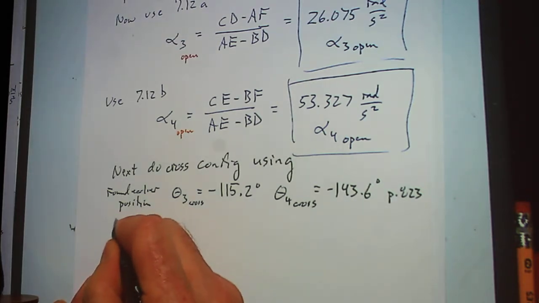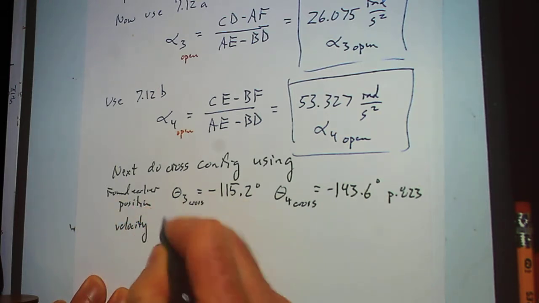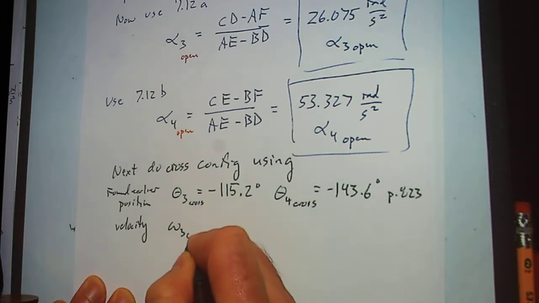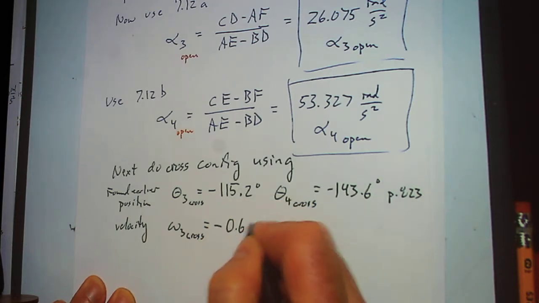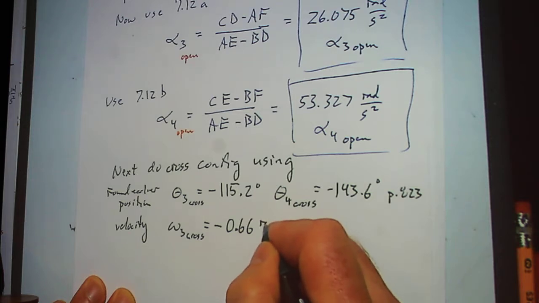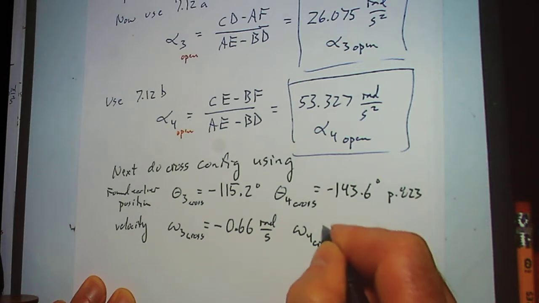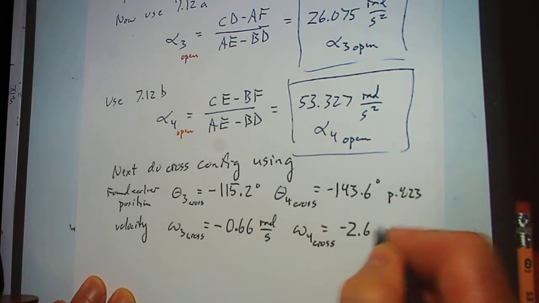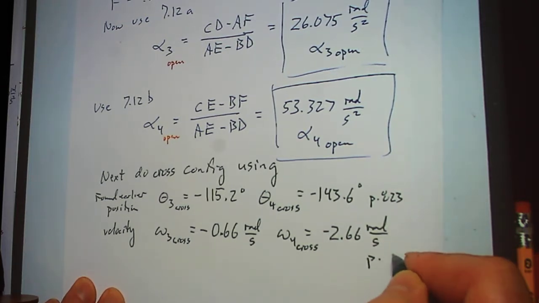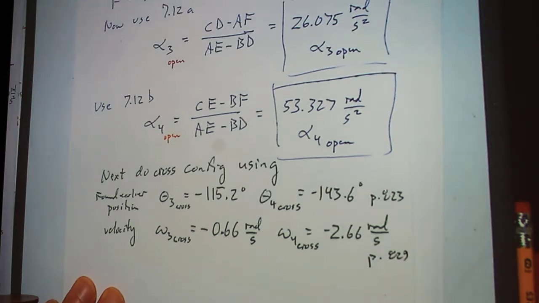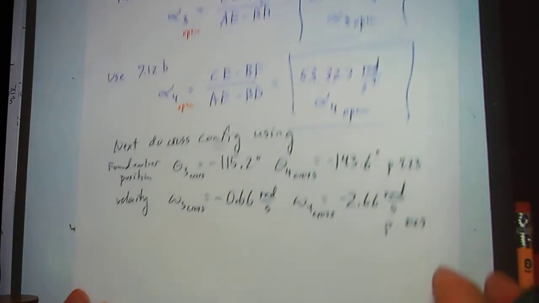And then found earlier velocity, I have omega 3 cross equals minus 0.66 radians per second, and omega 4 cross, if I look back at that, was minus 2.66 radians per second. And that would be on page 829 in the back of the book if you don't have that old homework. Use those values, so these yield